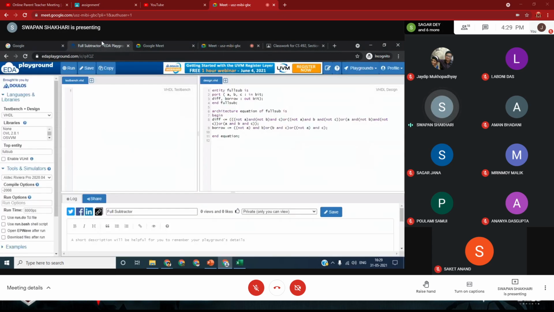For the full subtractor, you have already done the half subtractor. First you can build the truth table, then from the truth table, using K-map, find the equations for the two outputs, difference and borrow. Then you can write the full subtractor code.